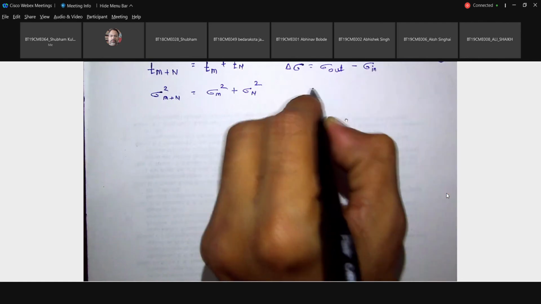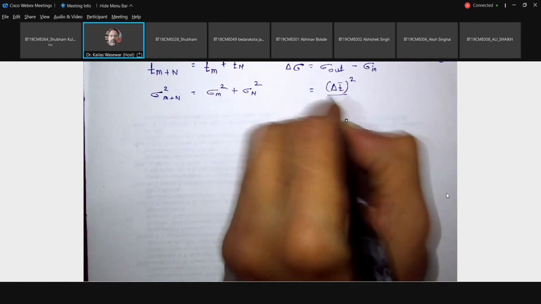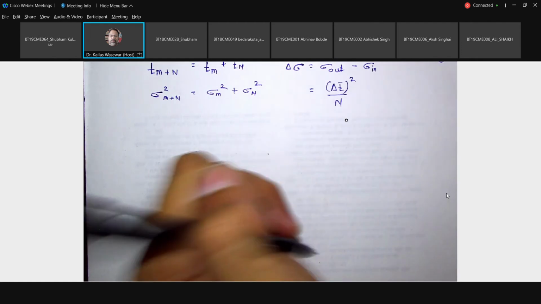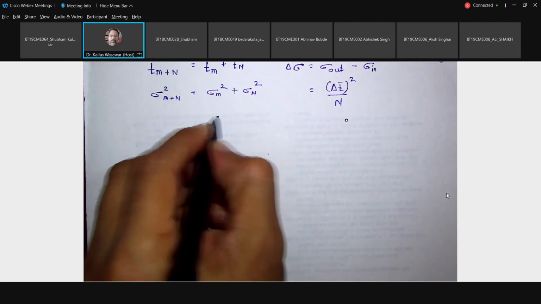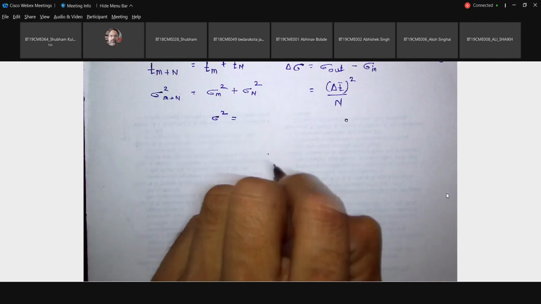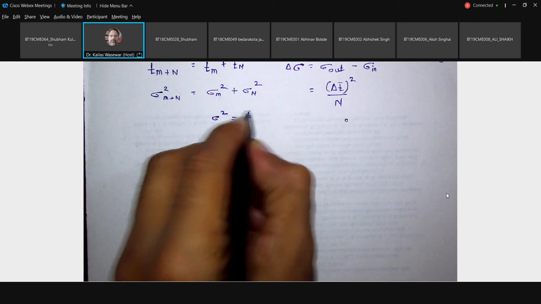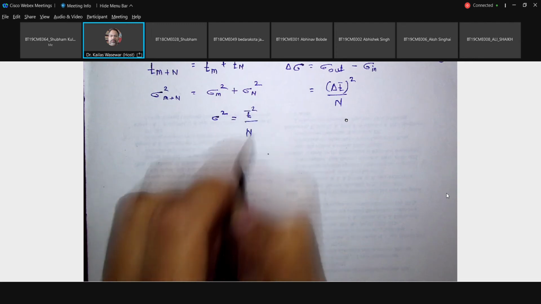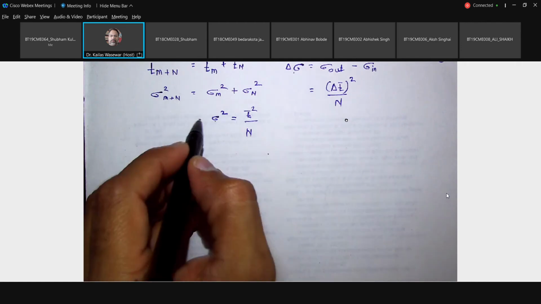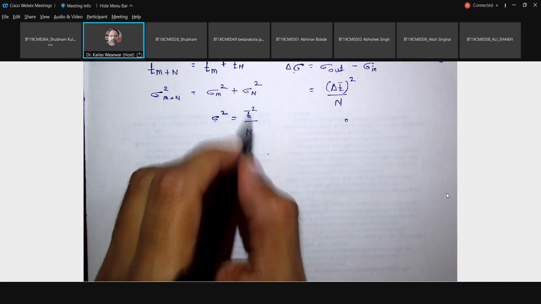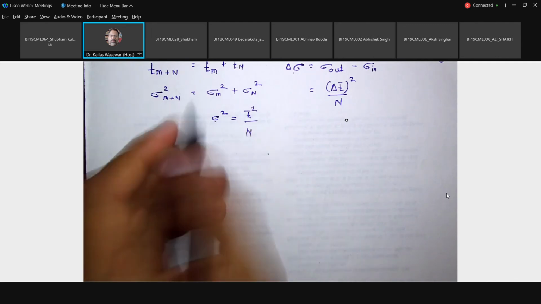and this will be equal to what? Delta T bar square, remember, divided by N. As if there is only one, for n number of reactors we are quantifying it as T bar square upon n. But when we go for the difference, this particular delta we are putting, so this will always be delta square of that particular one, not the square of the difference.